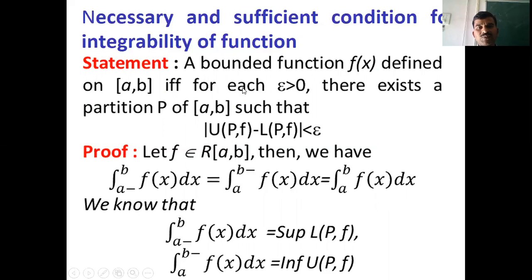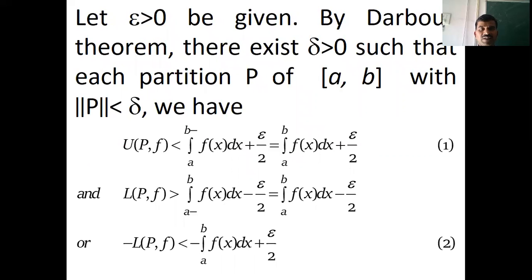In the necessary condition, we start with the supposition that f is R integrable. Then the lower integral equals the upper integral, which equals the integral. Also we know the definitions: the lower integral is the supremum of the lower sums and the upper integral is the infimum of the upper sums. Now by using the Darboux theorem, let epsilon greater than 0 be given. Then there exists a delta greater than 0 such that for each partition P of [a, b] with norm of P, the maximum length of the partition, less than delta,